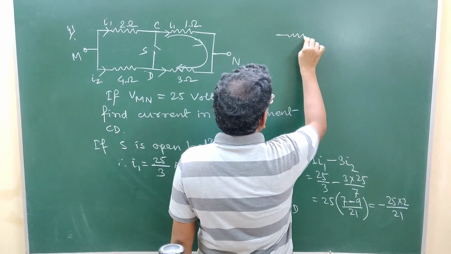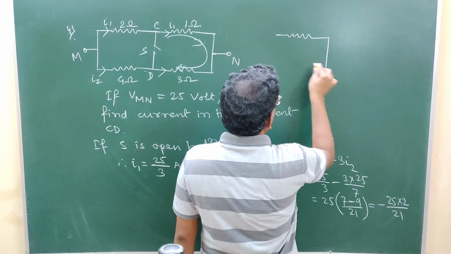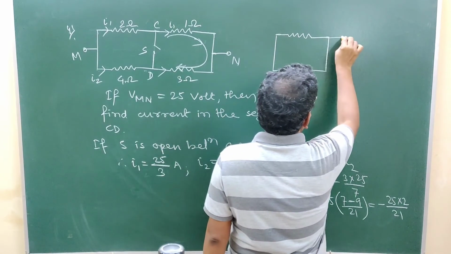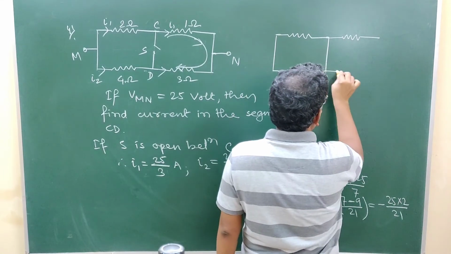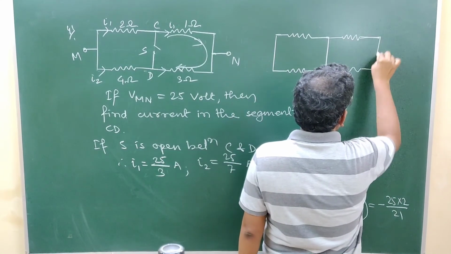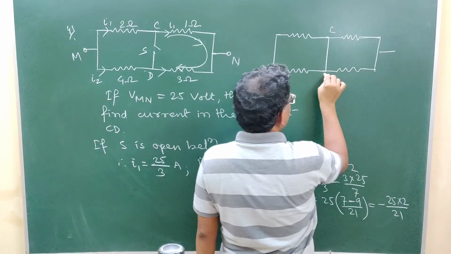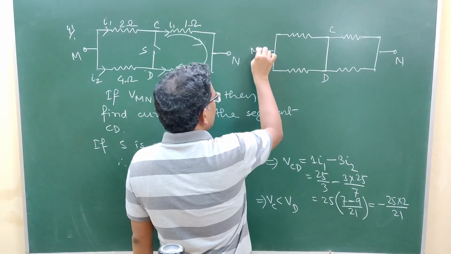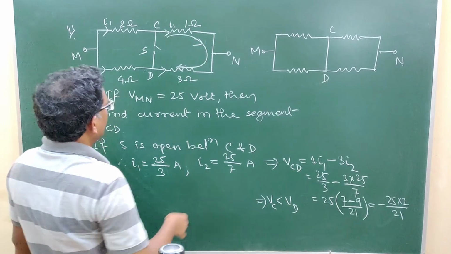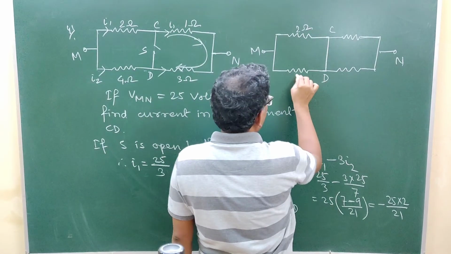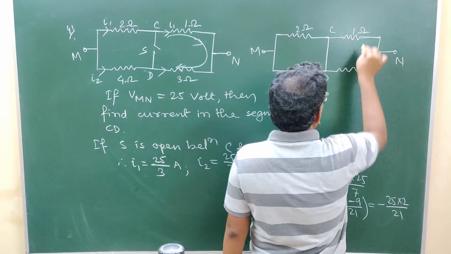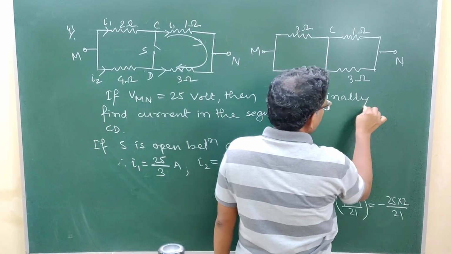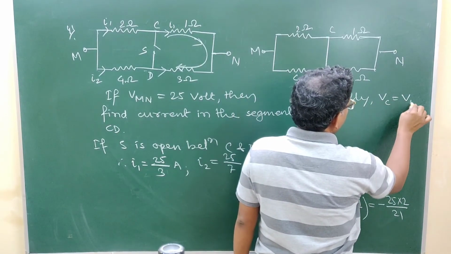See, then the next arrangement can be done this way, that now we have closed it, which is the final circuit given to us. In that case, the final potential difference between C and D must be 0. We haven't changed the potential difference between M and N. Here it was 2 ohm, here it is 4 ohm, this is 1 ohm and 3 ohm. So finally we can write down, finally Vc is equal to Vd.